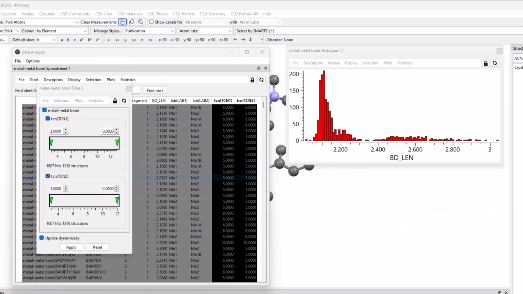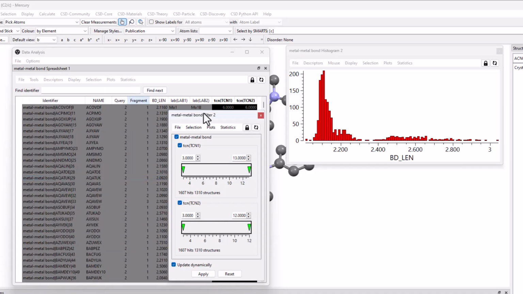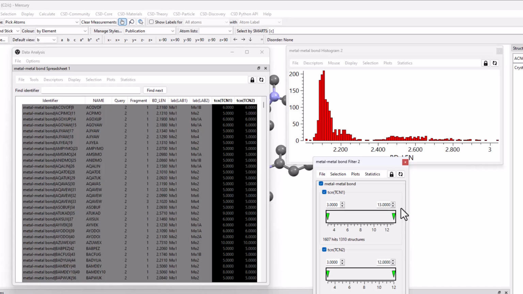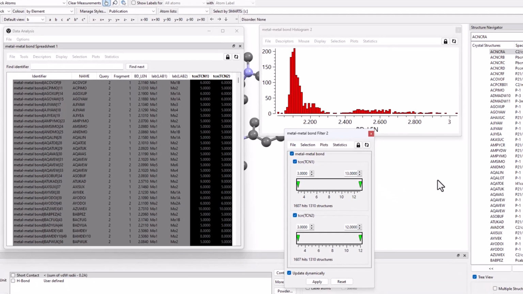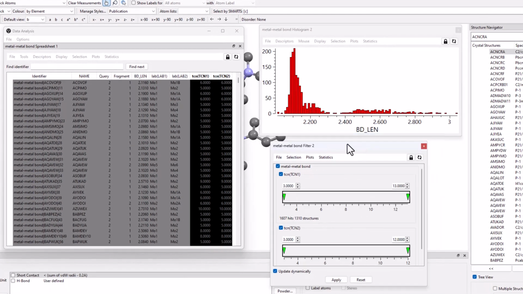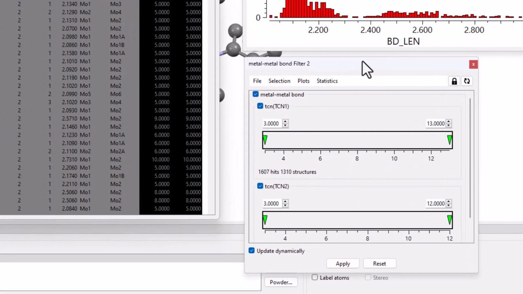You can now see that we have 2 filters, one for each column. As the data is numerical, the filter is a slider rather than a text filter. As opposed to the metal elements, the coordination numbers do vary from one metal to the other in each dimer, so a little more experimentation is required.